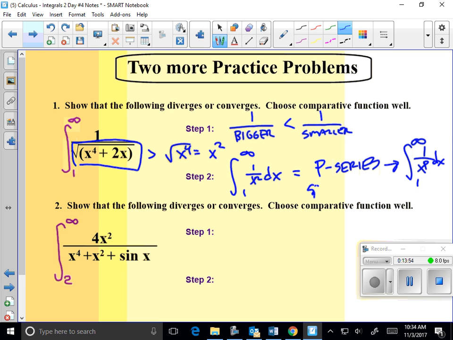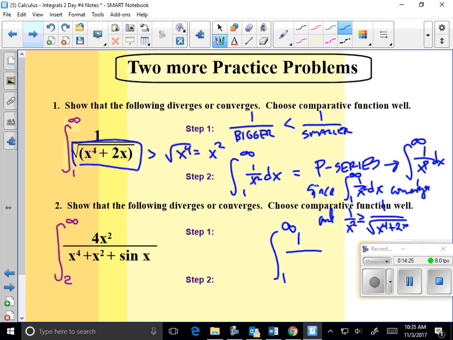So since the integral of 1 to infinity of 1 over x squared dx converges, and 1 over x squared is always greater than or equal to 1 over the square root of x to the 4th plus 2x, that tells me that this one